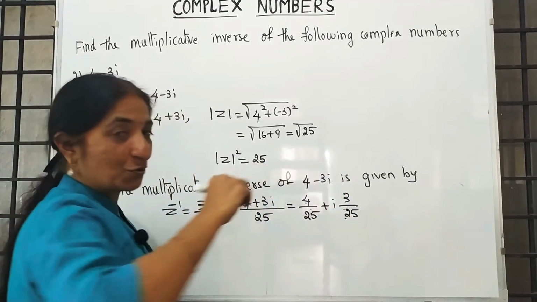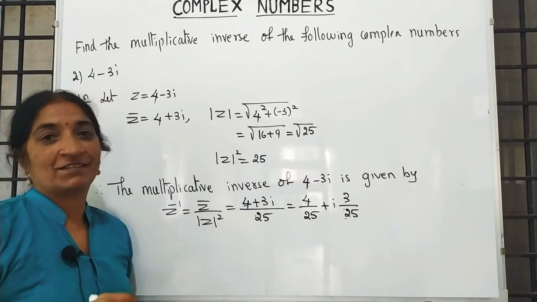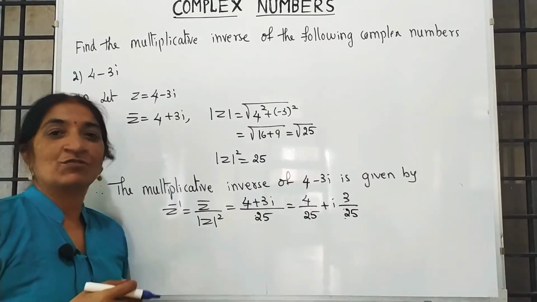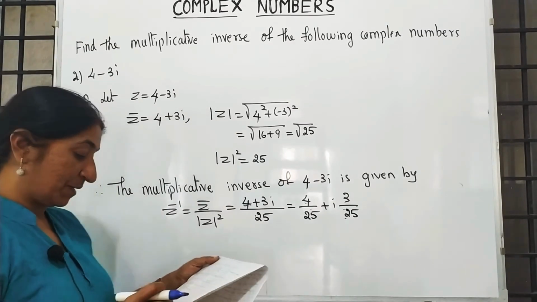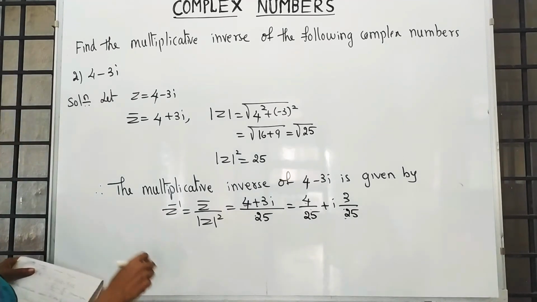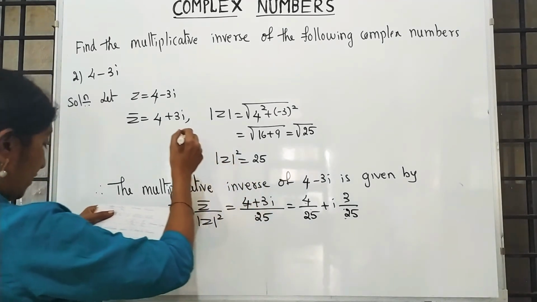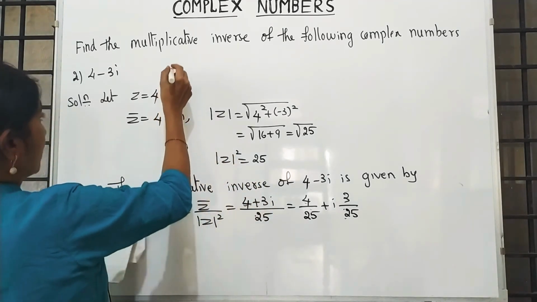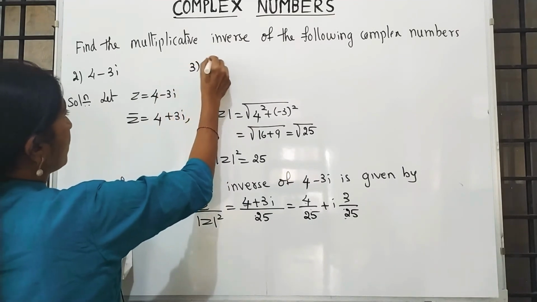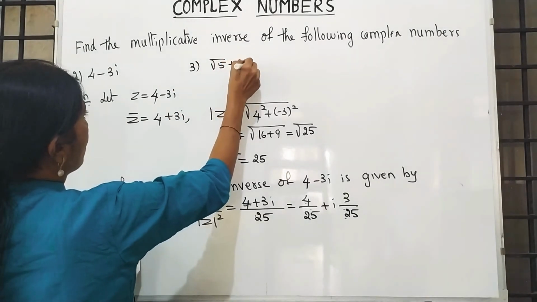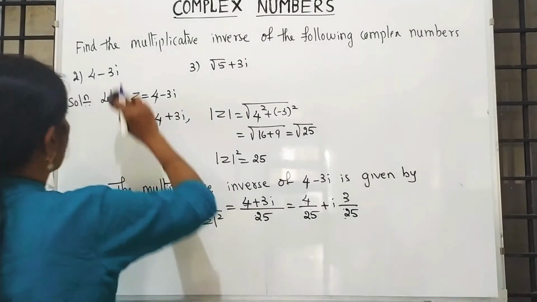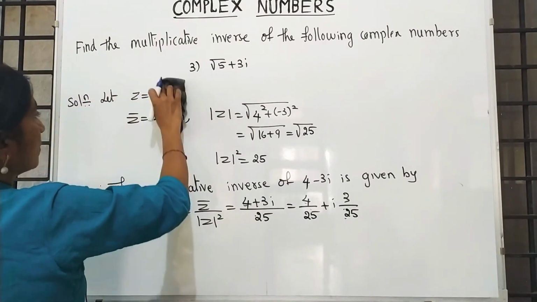And students, don't change, like in the previous example. It is similar, that's why I changed in the previous example. Moving to the next question, that is root 5 plus 3i. Third one, root 5 plus 3i. So write down the